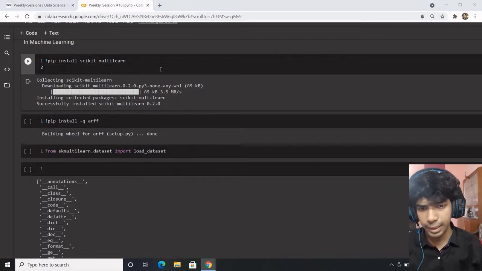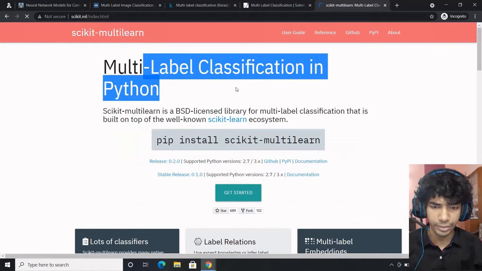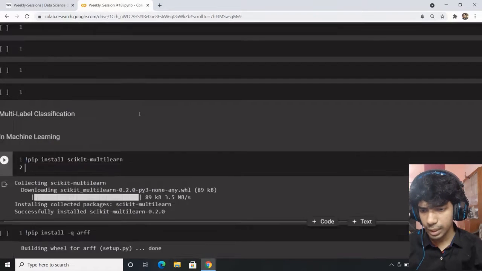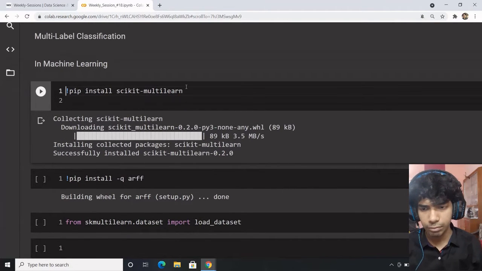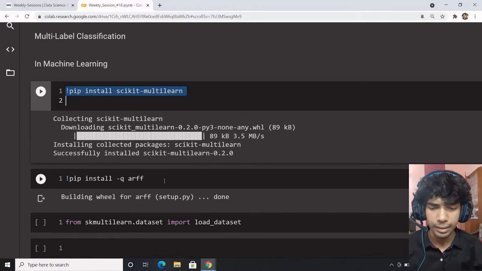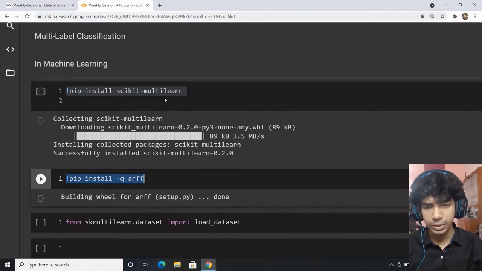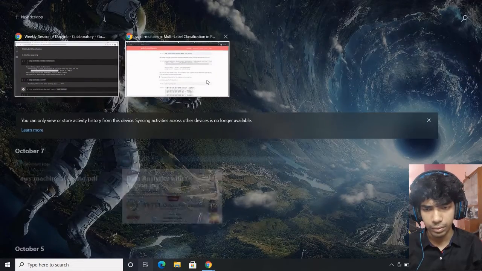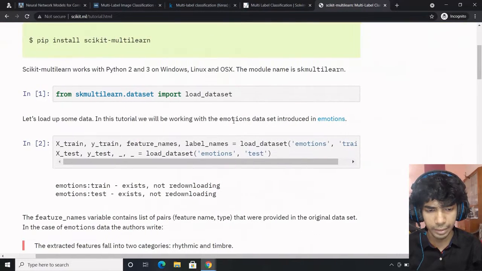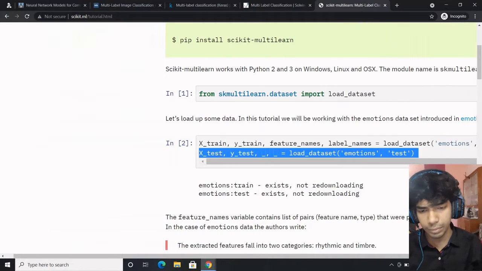How exactly is it done? So scikit-learn provides an extended library, which is scikit-multilearn, for multi-label classification in Python. This is what the library is. To get started on your Colab system, first you need to pip install scikit-multilearn, and then pip install arff. These two installations, then you get started with the workflow. But I'm not getting started with the workflow directly, because I would be just copying and pasting from here, so that doesn't make any sense. Rather, let's discuss and save time by going through this.